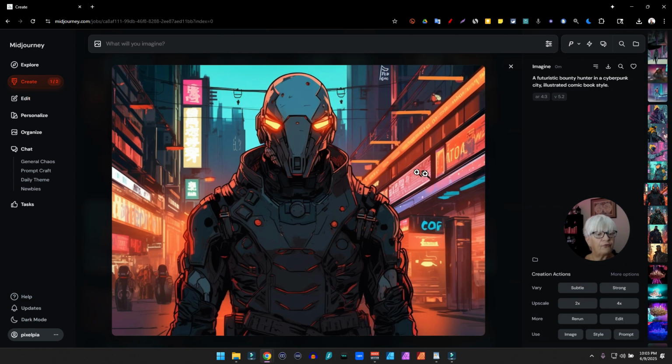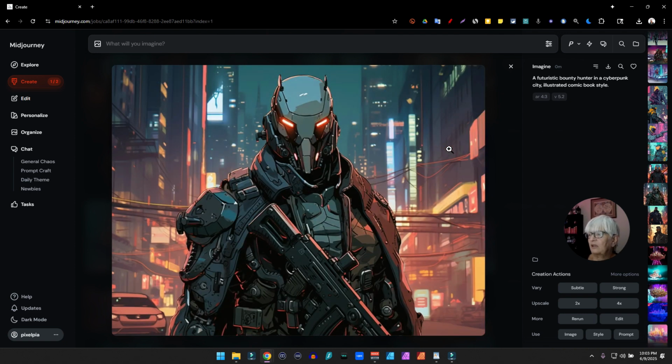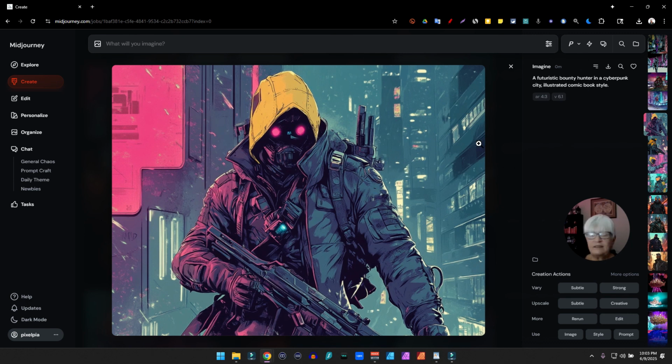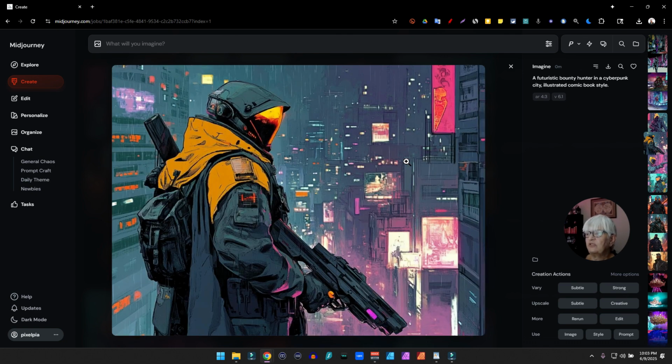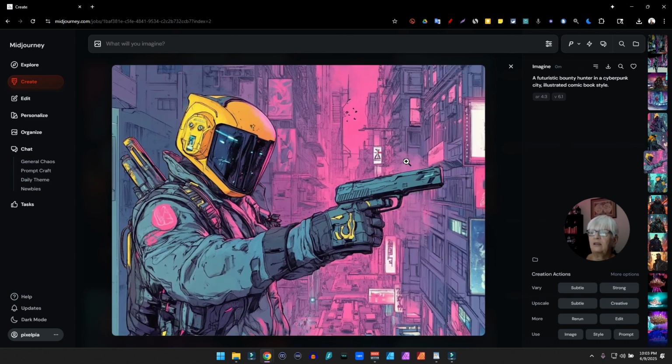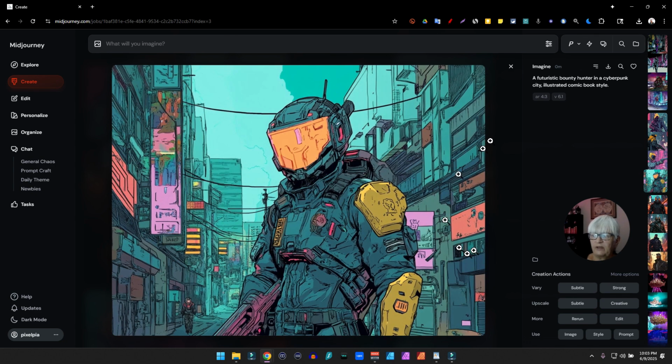Here we have 5.2, bold colors, really leaning into the comic book style. Here we have 6.1, more clean edges and more separation between the character and the background. Still very much in the comic book style.